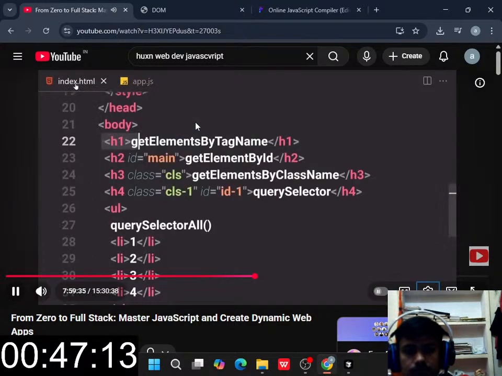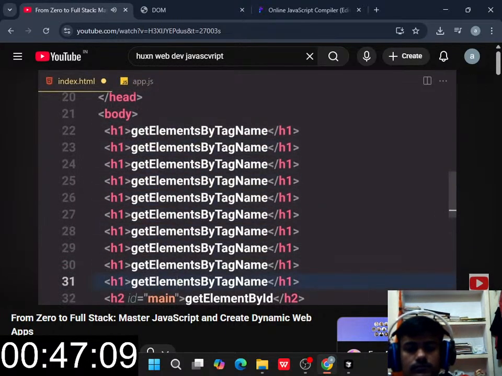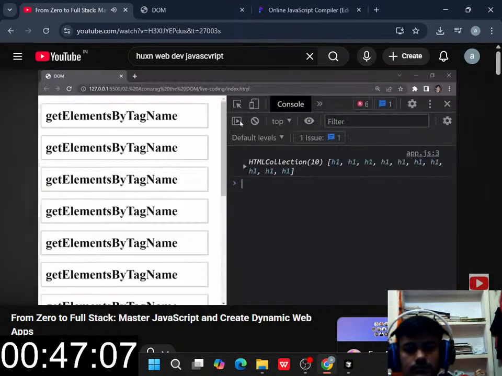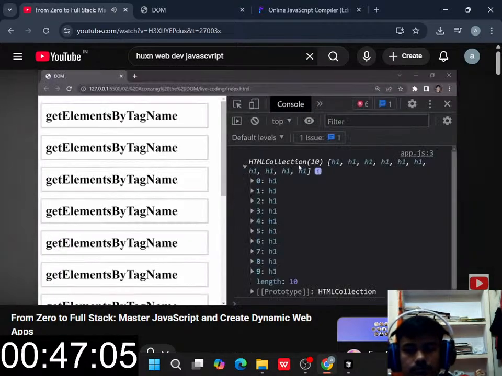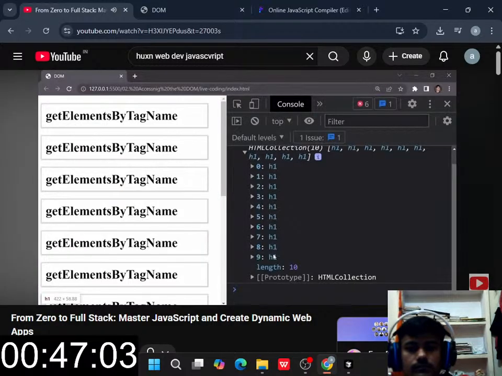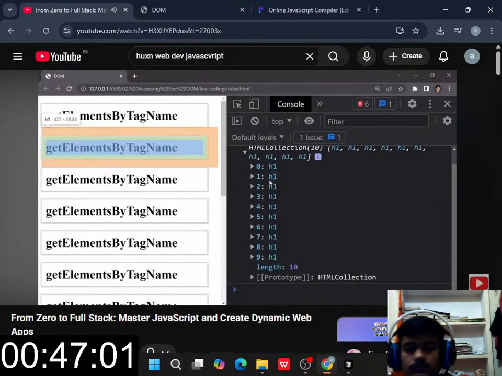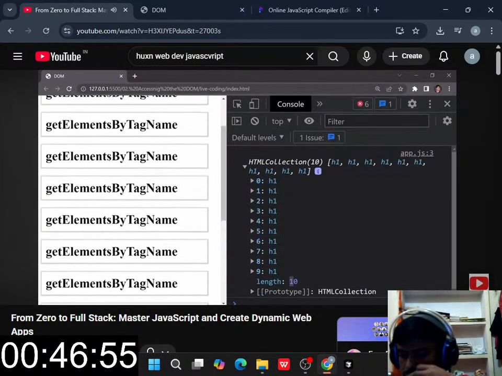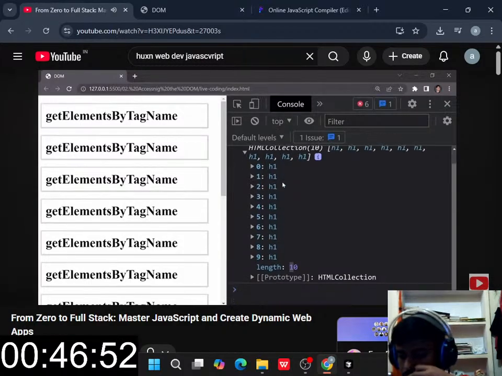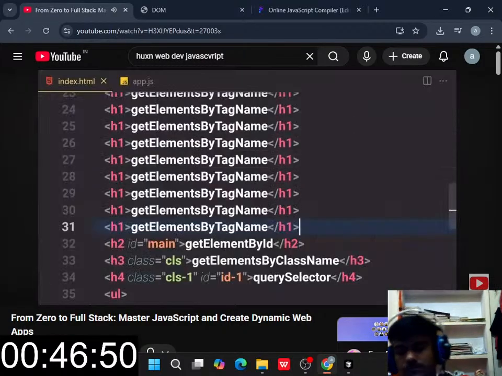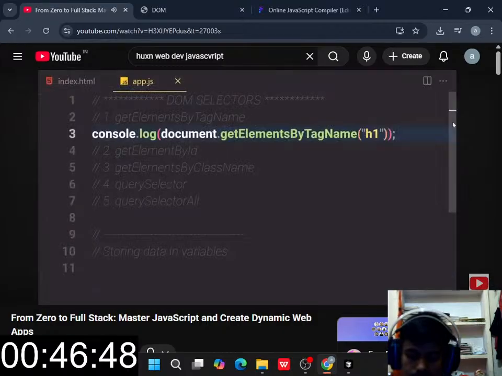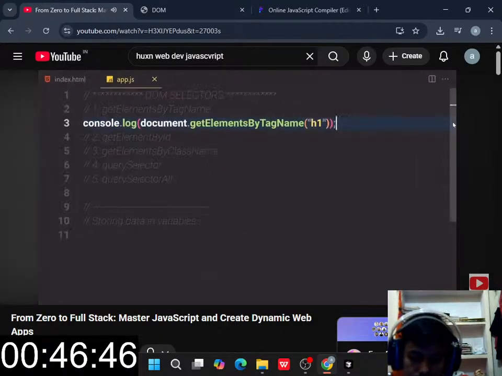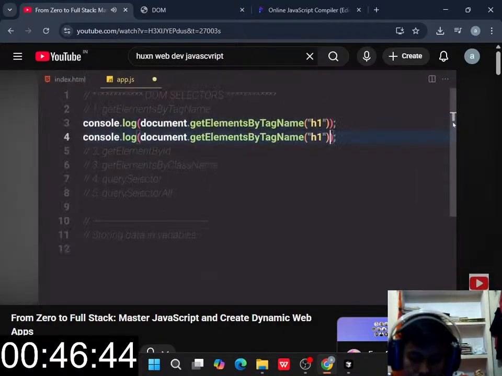Now let's suppose you have more than one h1 inside our HTML document, so if you duplicate that a few times and save, you can see inside this collection we are getting all of those h1s right here. So we have 1, 2, and so on through 9, and you can see the length is 10 right here, and you can also see them inside our web page. So I'm also going to get a length. In some cases you need the length of our HTML selector, so we can just duplicate this